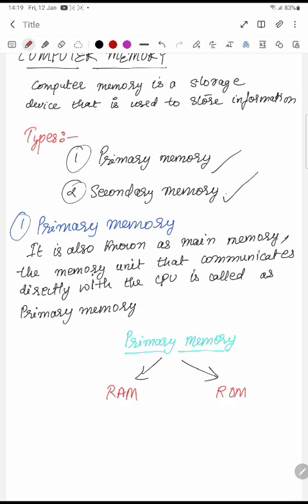Primary memory is also known as the main memory. The memory unit that communicates directly with the CPU is called the primary memory. Okay. So primary memory is a memory which communicates directly with the CPU, so therefore